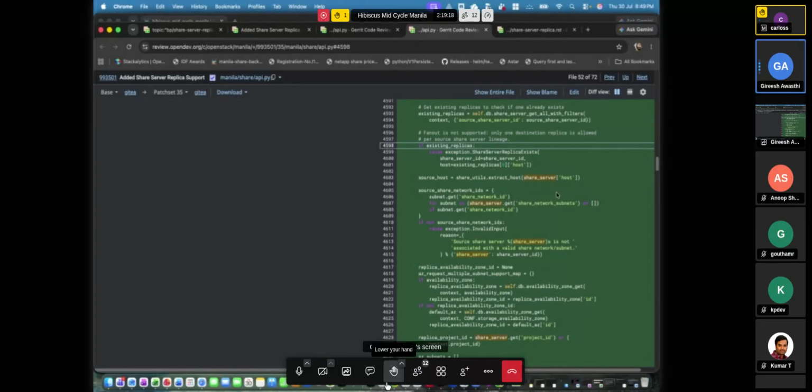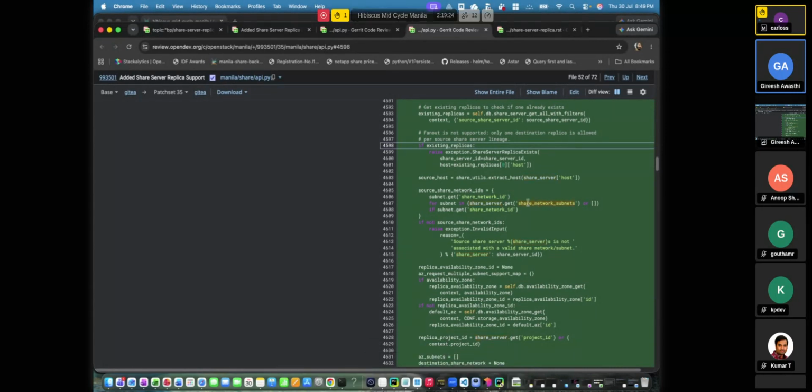Still speaking of quotas, sorry to interrupt. I was looking at the number, like 10 for quotas. Is it the easiest, because we have that default for a couple of other things, or is it a number you thought through? I was looking at the number, and especially if you have a share server that ends up having, I don't know, 50 shares, and then you allow 10 replicas of it, that means 500 shares, which seems like a lot of